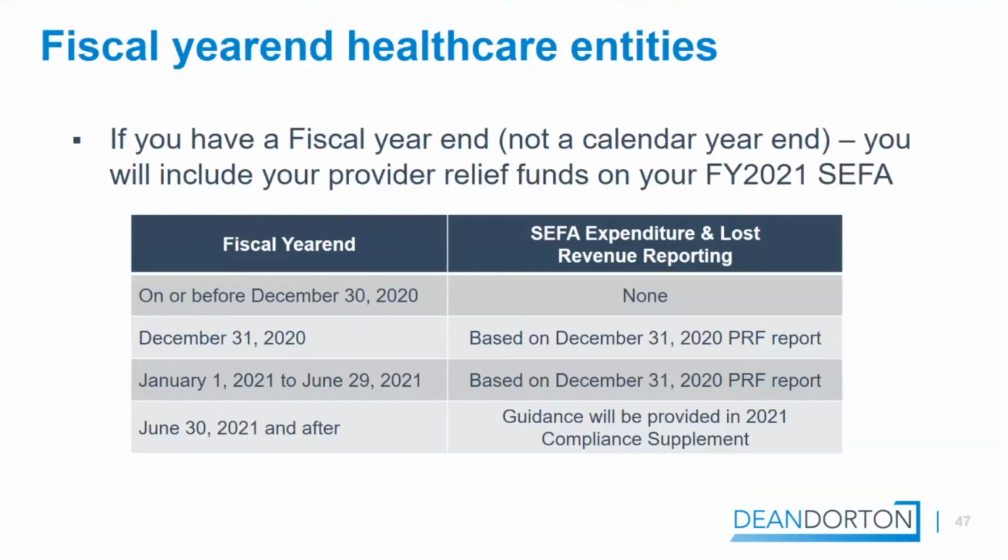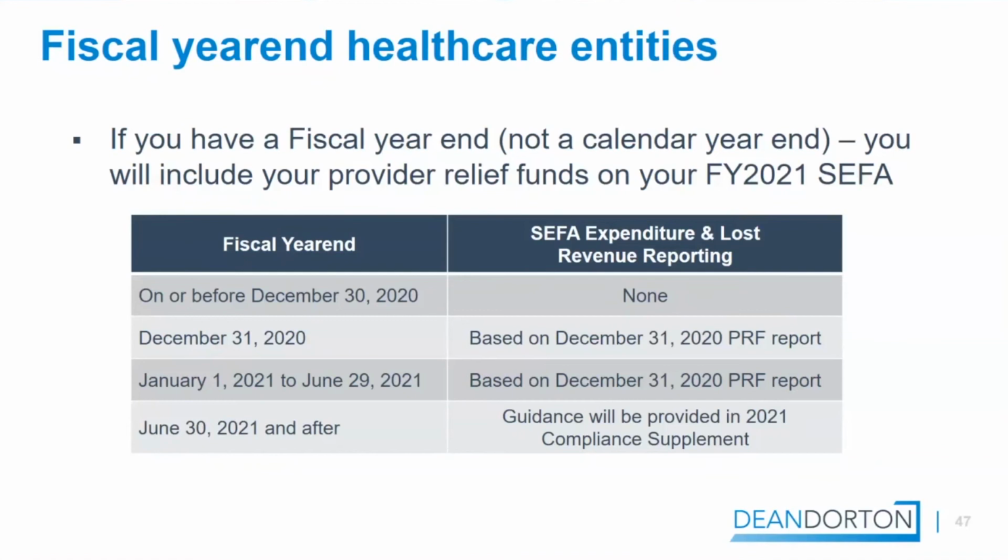So I did want to talk about fiscal year-end entities because this was a big deal. It's probably about a month old, big deal. So most of you should already know if this applies to you. But if your fiscal year-end is on or before December 30th, 2020, you will include nothing on a schedule of expenditures of federal awards for your 2020 year-end. So if you're a June 30, 2020 year-end, you do not include anything for 2020. If you're a September 30, 2020 year-end, you include nothing for 2020. If you're a December 31, 2020 year-end,